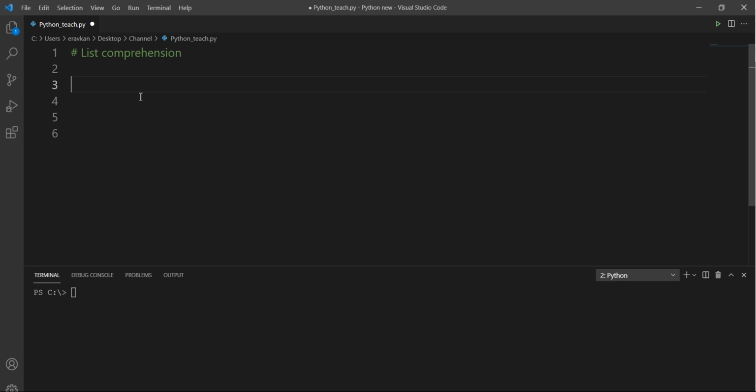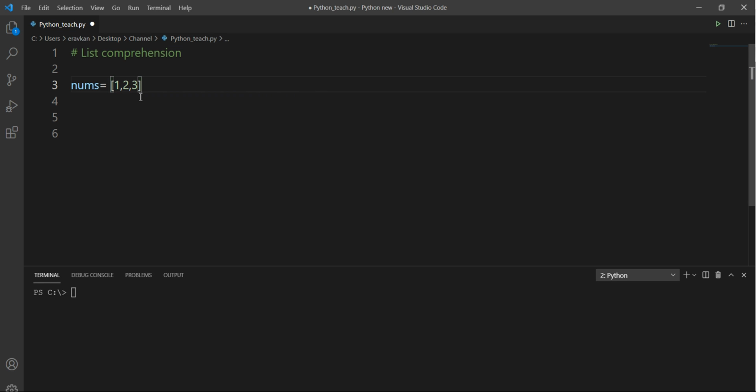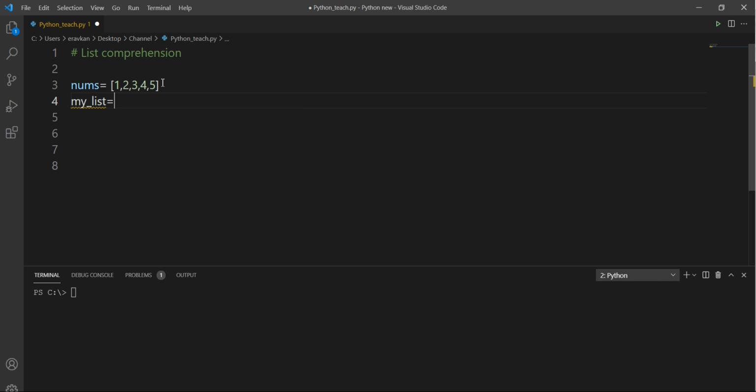Okay, let me give you an example. Suppose you have a list: 1, 2, 3, 4, 5. Suppose I want to create a new list. I take an empty list so that all the values of nums are appended in my list.